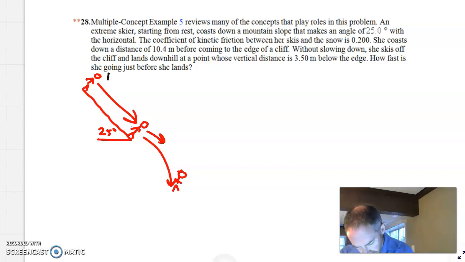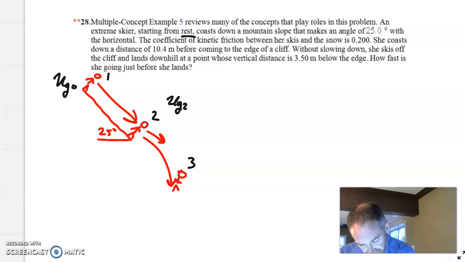And so you see what we have here. We have kind of spot 1, spot 2, and spot 3. And what you're going to see is the energy between spot 2 and 3 would be the same, because the only thing acting is the conservative force of gravity. Energy between spot 1 and 2 is not going to be the same. There's a non-conservative force occurring there, and so the energy at 2 is actually going to be a little bit less than the energy was at 1. At 1, she had gravitational potential energy, and she was starting from rest, so that was the only kind of energy she had. Then at 2, she had